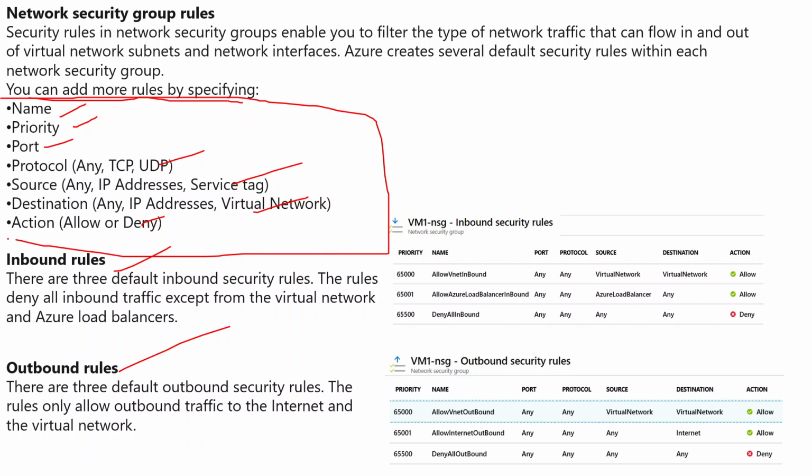Now we have a lab also. I have planned this for the last 15 minutes. I will discuss the network security group rules. Before that, as we have discussed, there are inbound rules and outbound rules. Inbound rules will check the incoming traffic from any virtual network to the other resource, whereas outbound rules are nothing but the